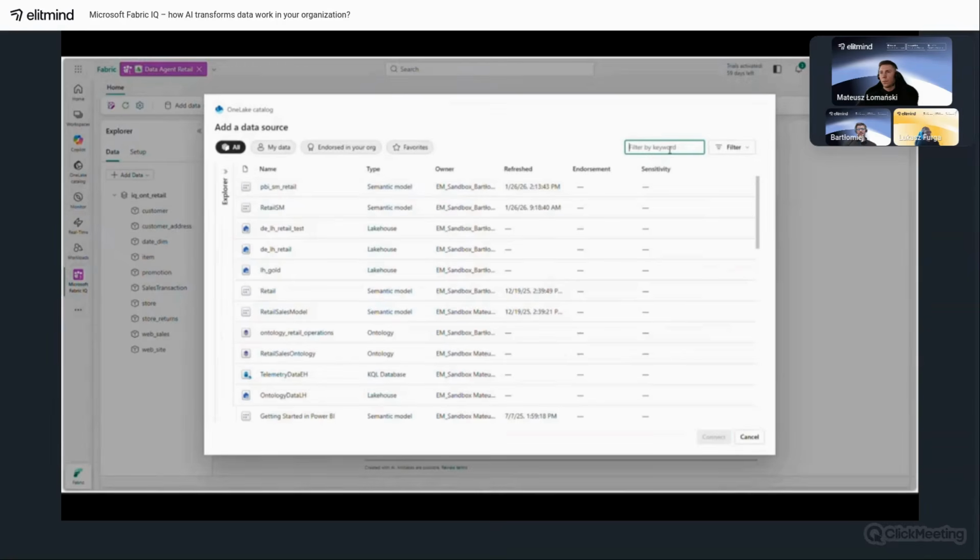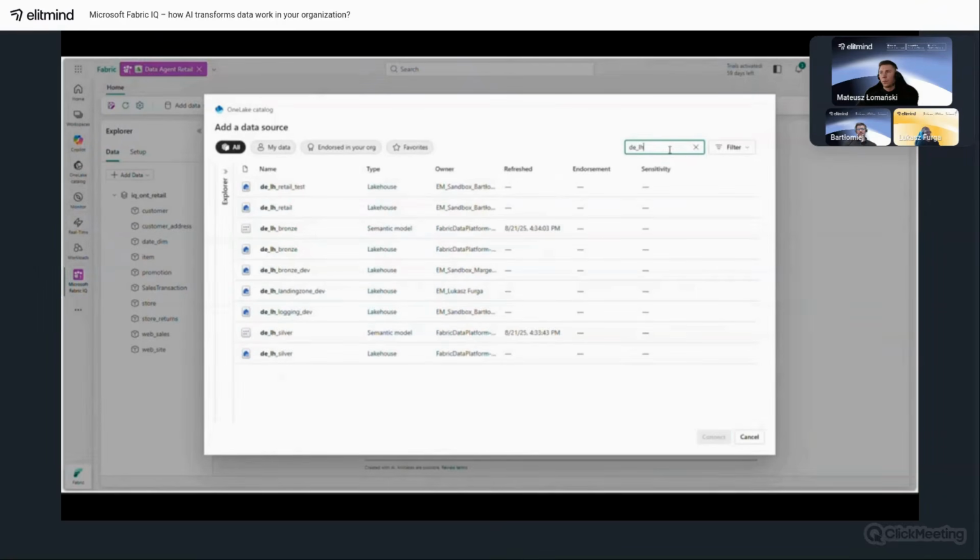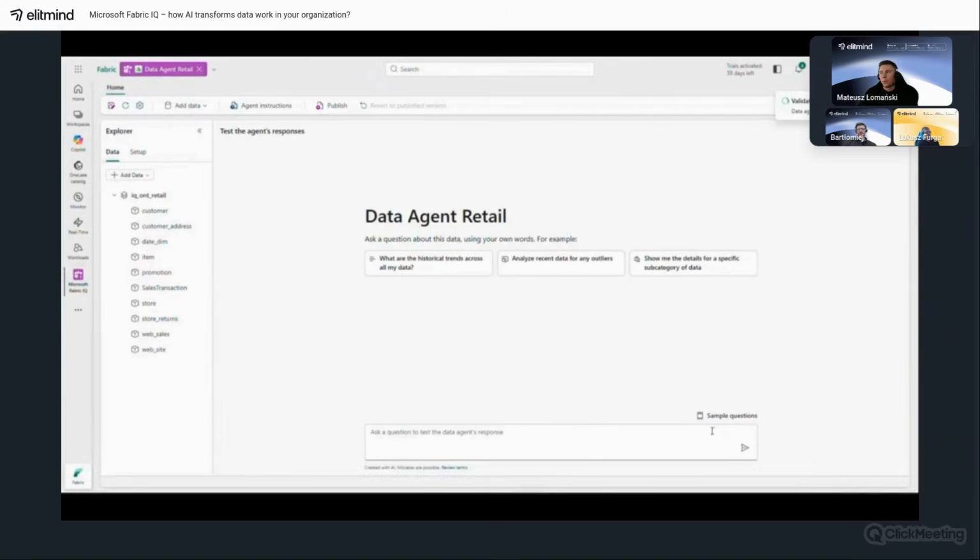And Lakehouse. After clicking add, the data source is validated and successfully added.